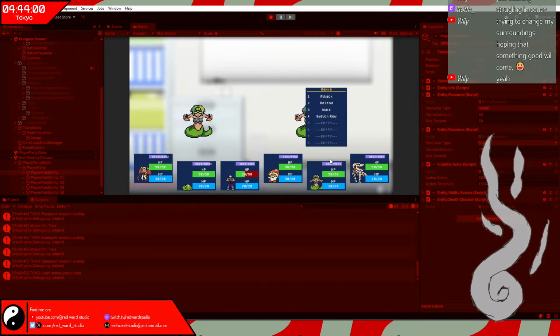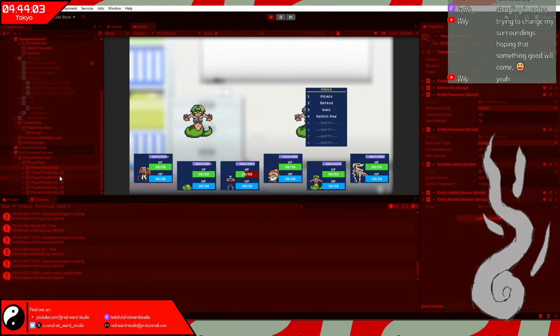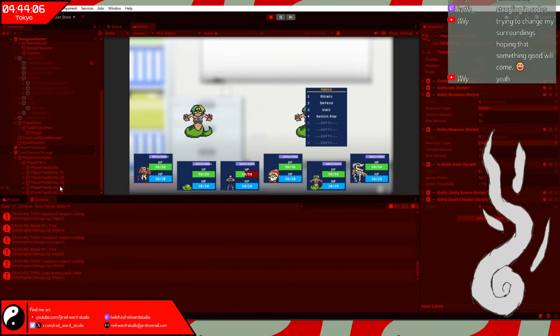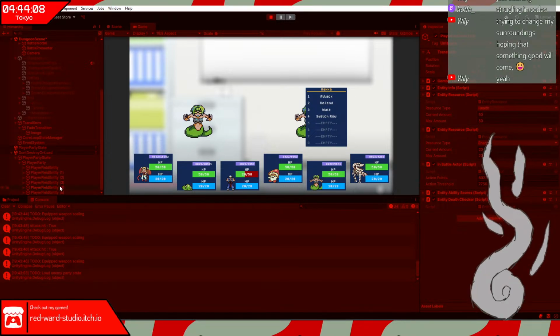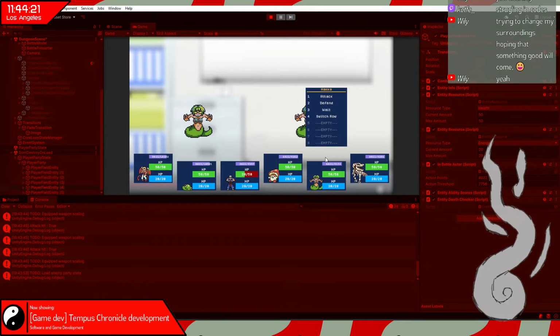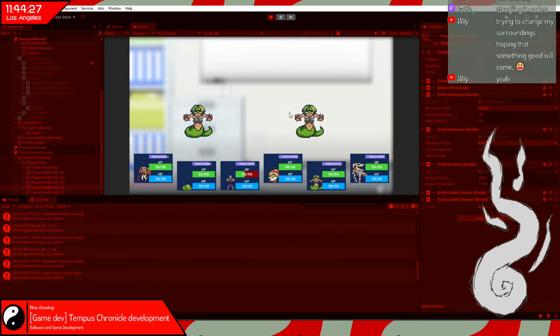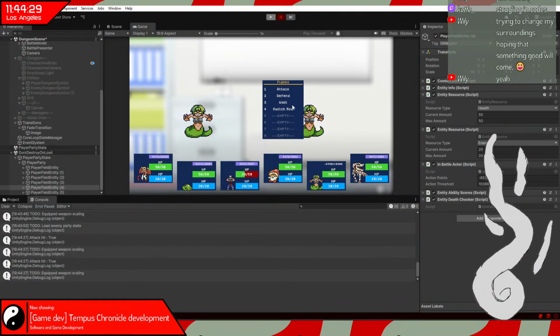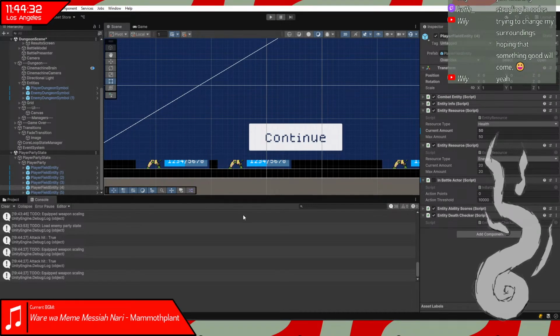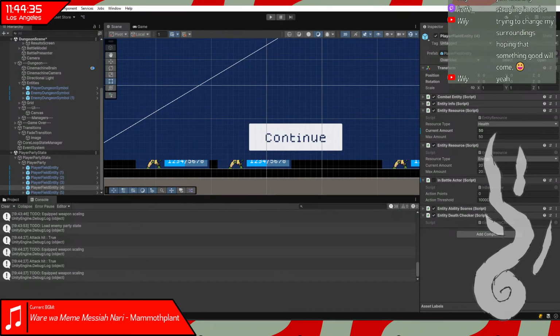And okay, so this player entity 4 has their action threshold at 7756, but it's showing as 9154. And the health bars are gone, so we do need to